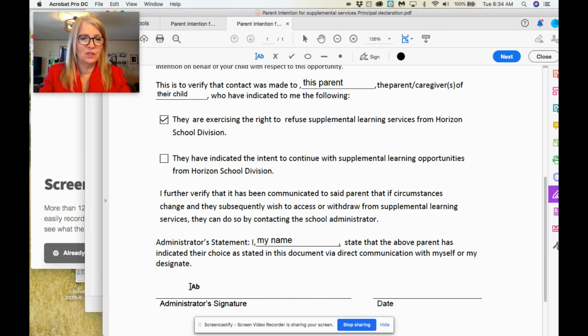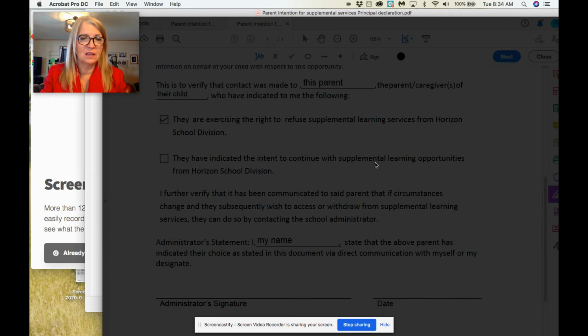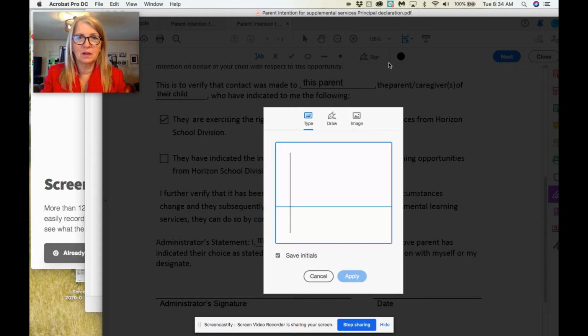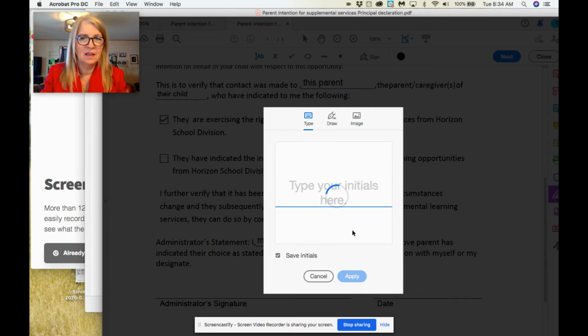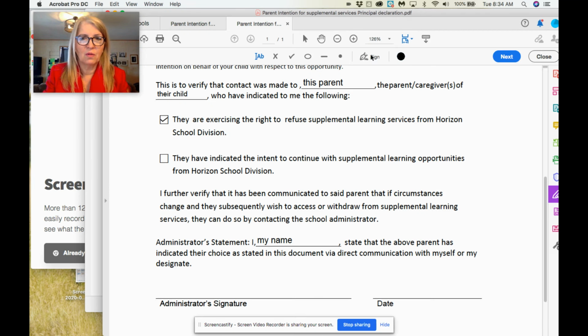So when I do this, I'm going to come up here to sign. I can either choose a signature, I can add my initials. So when I do this, it just gives me the opportunity to add my initials. There we go. You type your initials. There we go. And I can apply this. And then I just select whichever one I'm doing. I'm using my own signature that I've typed in, or so here's my options. I click here